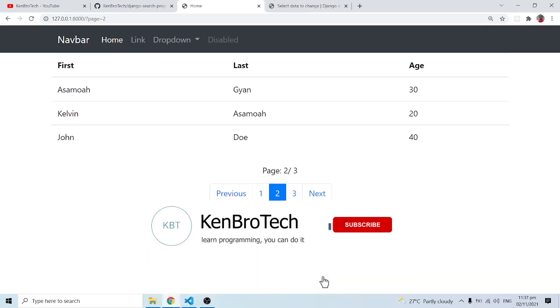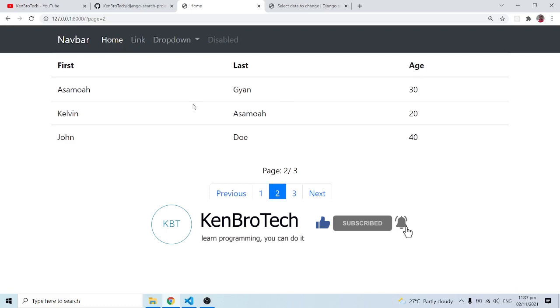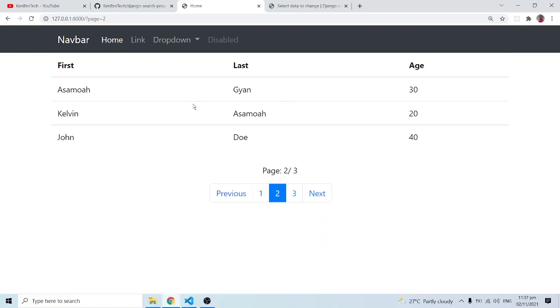So in today's tutorial, we are going to learn about pagination. So what I have over here is some data entries in my database, and there are more than what we see over here. This is only 3 entries, but you can see we have some buttons over here, and when I